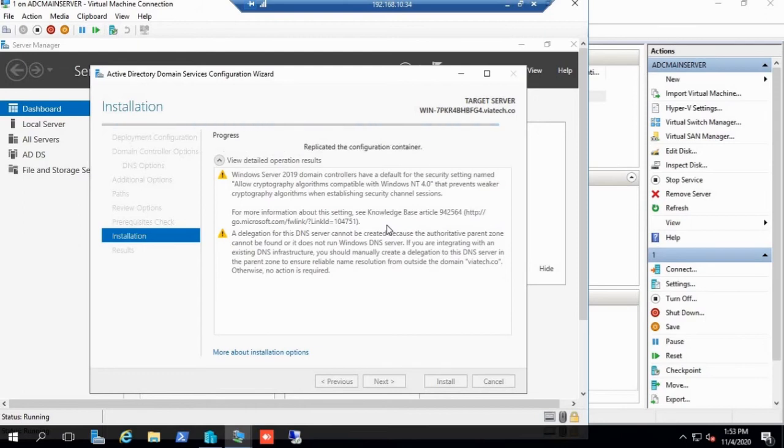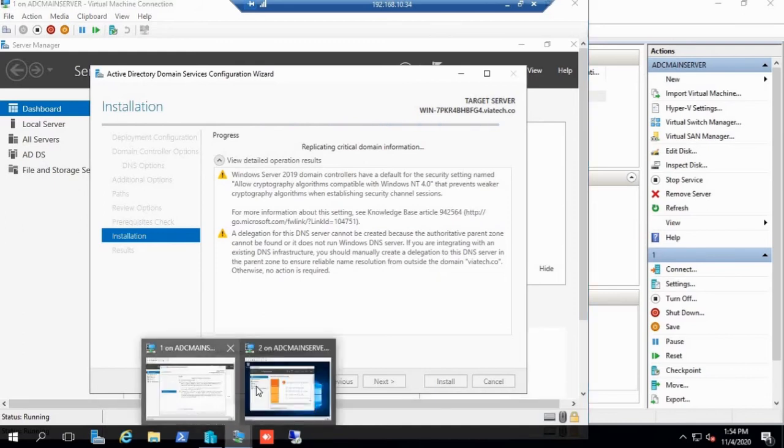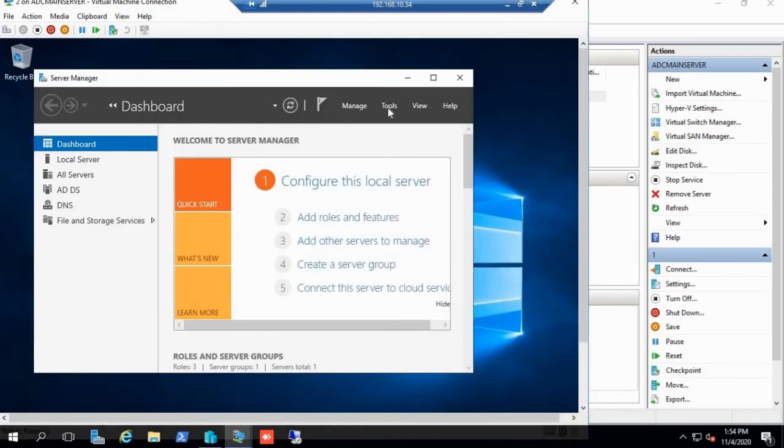See, it's copying now the domain component. Schema is copied, domain component is copied, okay, default group policy is copied. Now the entire thing is copied from the primary domain controller to this failover domain controller. After that, we have to make a change at the IP level. So by the time we do that, let's see whether the replication is done from the primary,